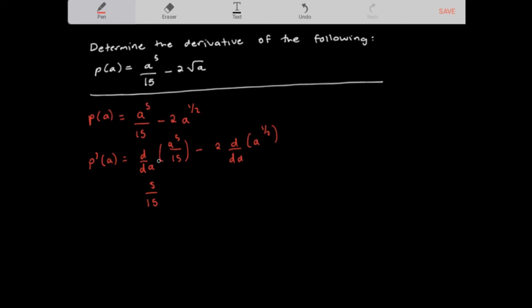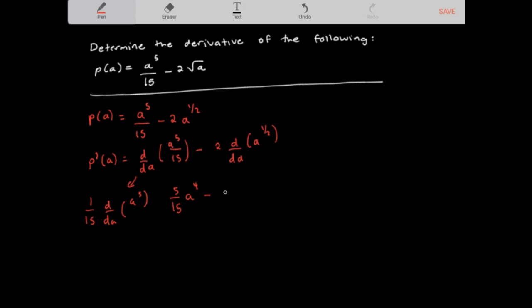Because you have to think about this as 1 over 15 times a to the power 5. And then when you do the derivative of a to the power 5, what you're going to get here is 5a to the power 4, right? So I think it would be easier if we wrote it like this: 1 over 15 d/da of a to the power 5. Okay, and then you can just do the derivative of a to the power 5 anyways. So that's going to give us basically 5 over 15 a to the power 4